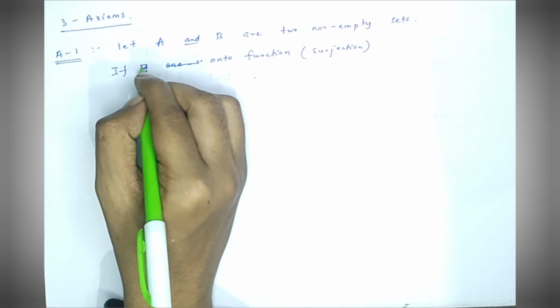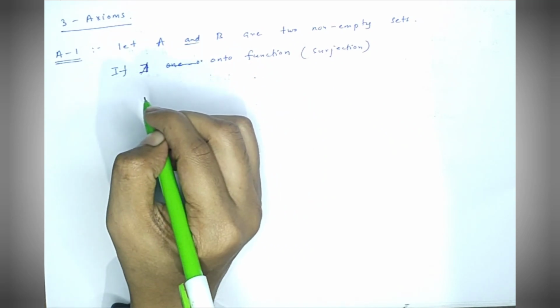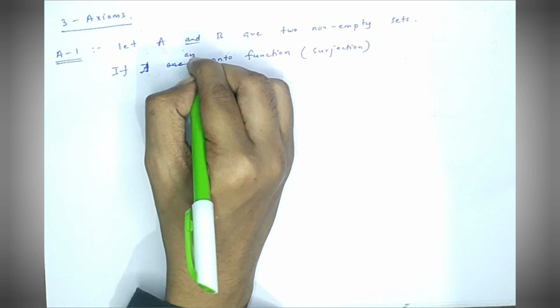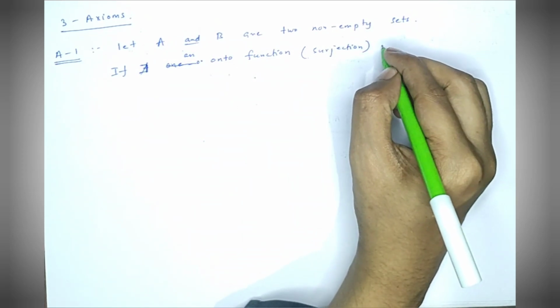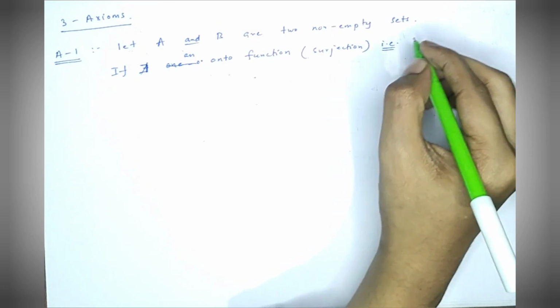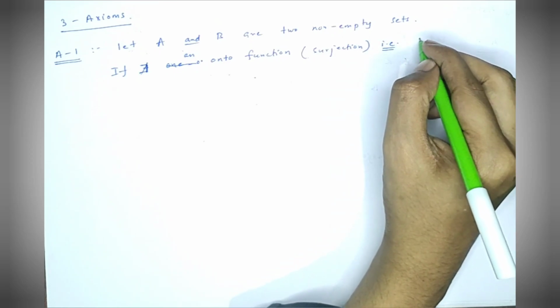If there doesn't exist an onto function, that is a surjection, between the sets, that is from set A to B,